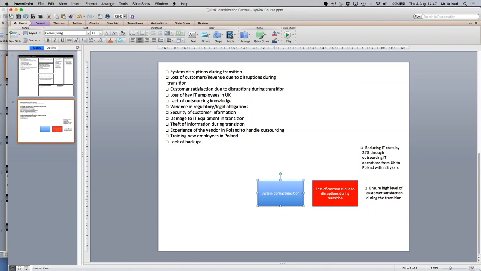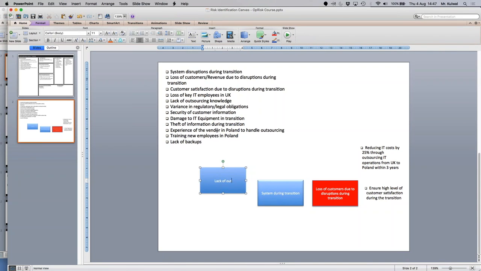And then we will work backwards. So now this is the event, and because it has a negative uncertainty, we will try to prevent this event. But then what would be the causes? So now we need to work backwards, and we need to say that out of all the uncertainties we identified, what are the actual causes of that system disruption? So one of the things we listed here could be